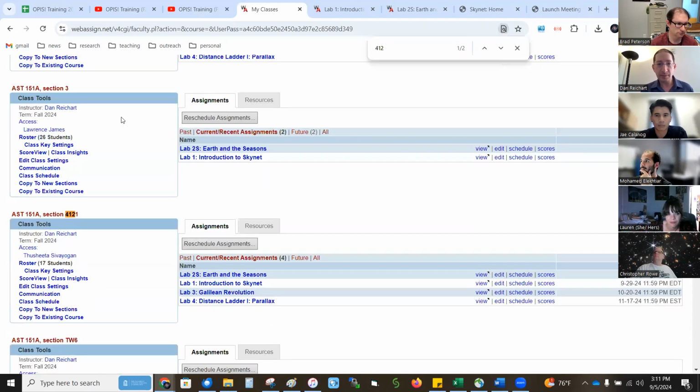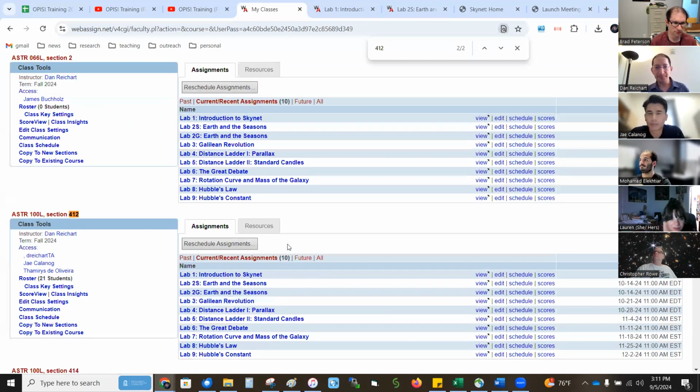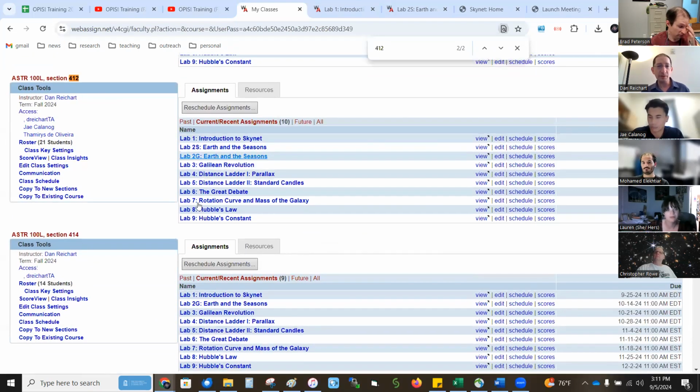I'll go to one of my sections. Okay, so I have all the labs here, including both 2S and 2G. As I create sections for other people, I'm just basically copying this section. Once my students get into lab 2, I'm going to turn off 2S because I'm using the Globe version of lab 2. But anyway, I don't think I mentioned this before, but once I set up your section for you, you go here to reschedule assignments.